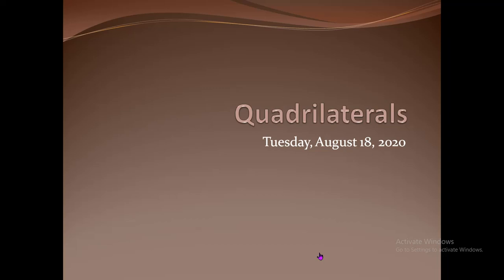Right? Now we will go ahead with some more properties like this. Yesterday one particular theorem we also discussed: a diagonal of a parallelogram divides it into two congruent triangles. Now, the sum of angles of a quadrilateral: can anybody tell me what is the sum of angles of a quadrilateral? 360 degrees. Very good. 360 degrees.